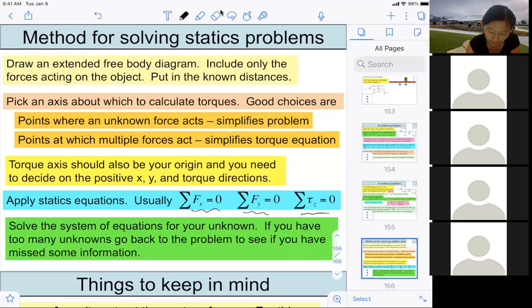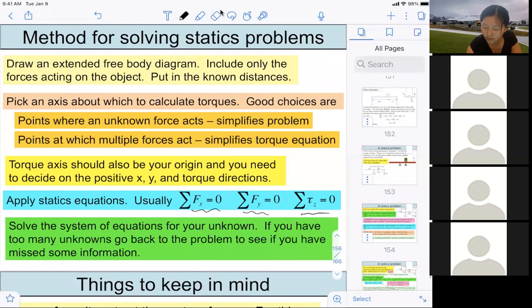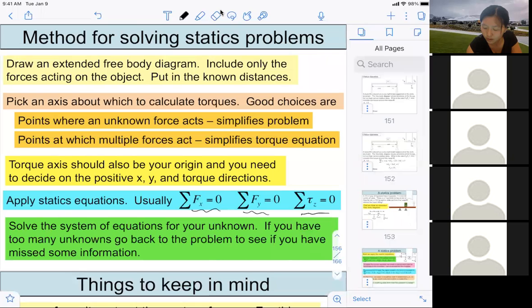You need to solve for all the unknown quantities, and you need an equal number of equations as your unknowns. Sometimes you need one equation and you're done, right? Sometimes you realize, oh, I have two unknowns and now I have only one equation. Knowing that, you know where to stop. You need, okay, I need one more equation, or I need two more equations, and that tells you where you would want to stop. All right, so let's take a look at another question